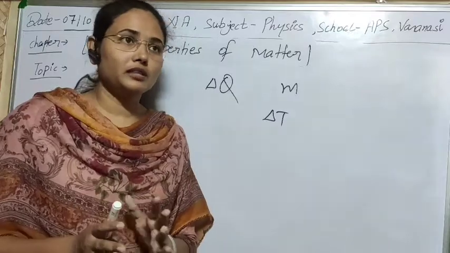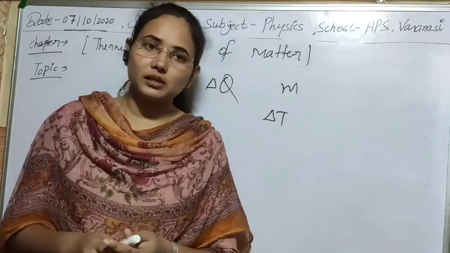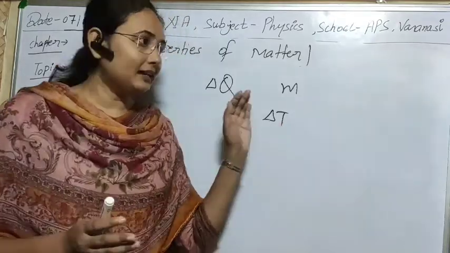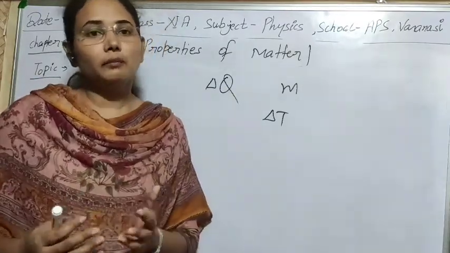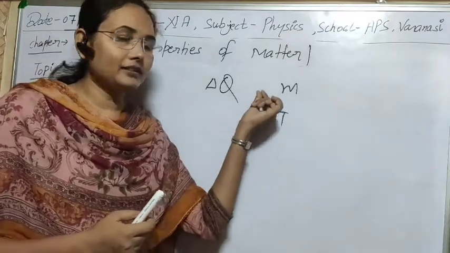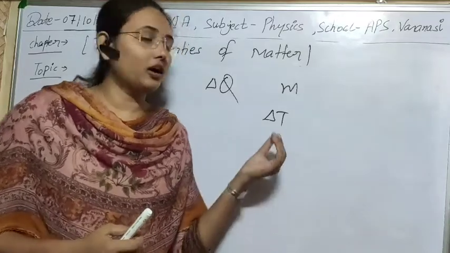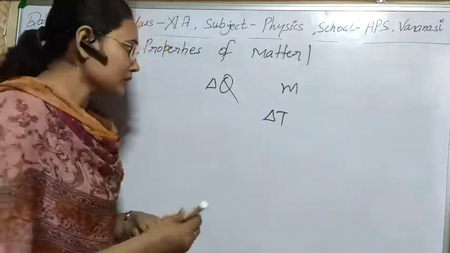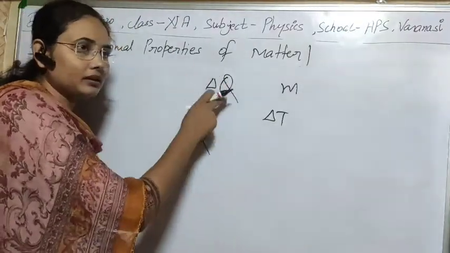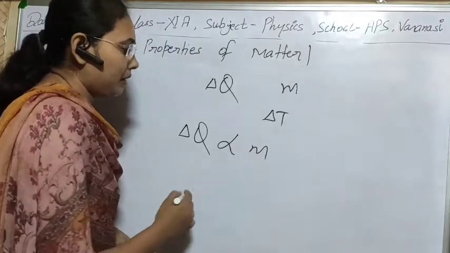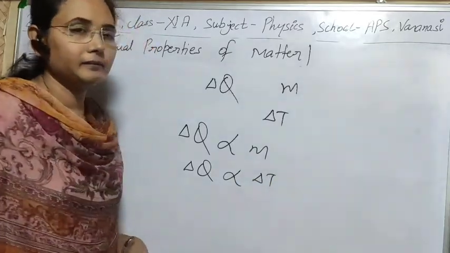In thermal phenomena we also have to acknowledge the nature of the system, the nature of the matter, and that will provide us more information and more precise knowledge about thermal phenomena. Because, as I told you, for the same masses, different substances can show different behavior for different changes in temperature. So it is seen that this heat is directly proportional to mass m, and also directly proportional to the change in temperature delta T.